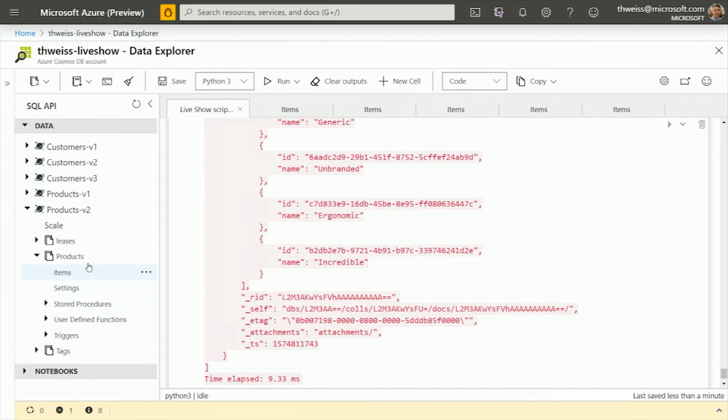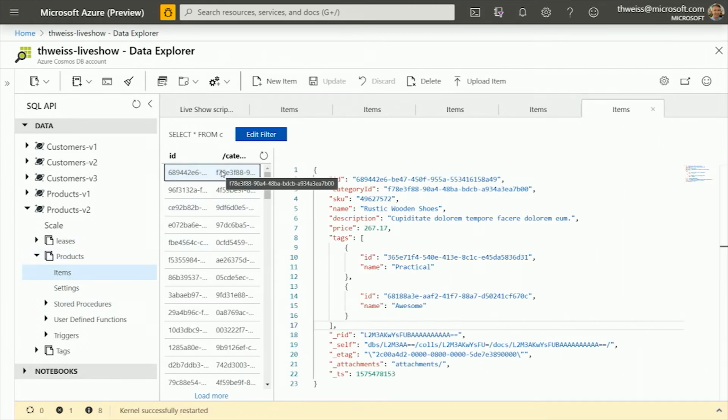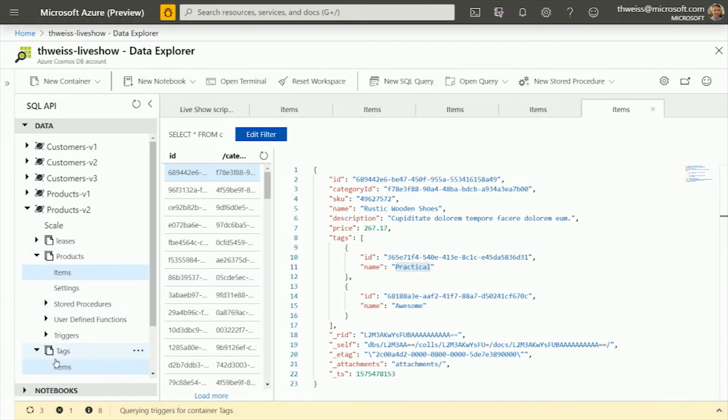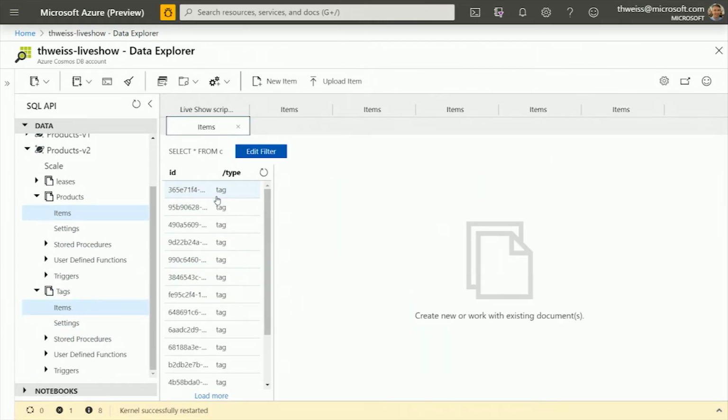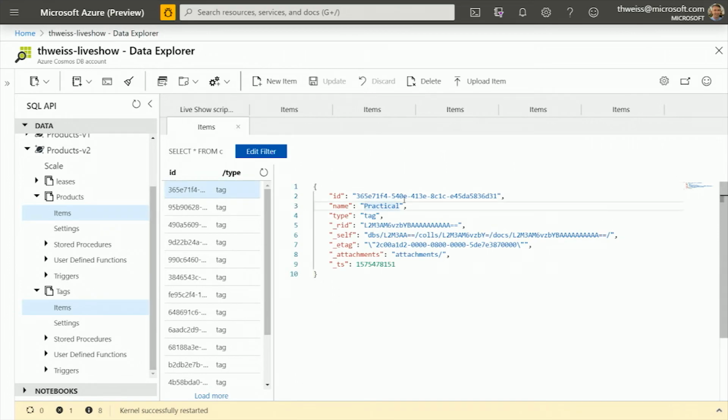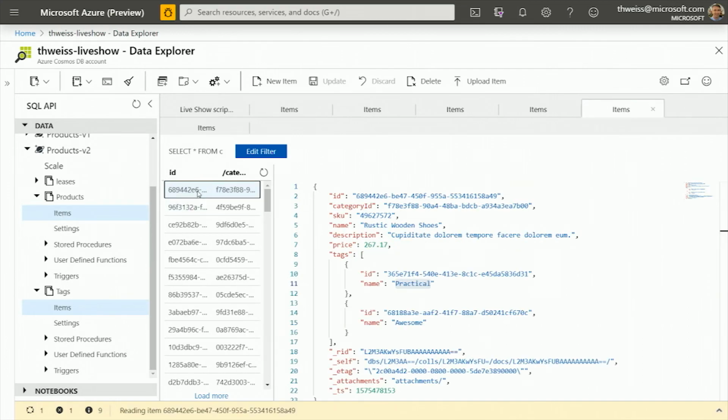Again, if I look at my items here, I have, for example, a product that has the tag practical. If I go to my tags and rename that tag, let's do that. I'm going to rename it from practical to very practical. I'm hitting save, and what's happening right now is this is firing an Azure function, getting that data and propagating the rename to all the corresponding products. And now if I go back to my products, by now it should already be done. Yes, the tag has been renamed to very practical. So I still get consistency across my data set.